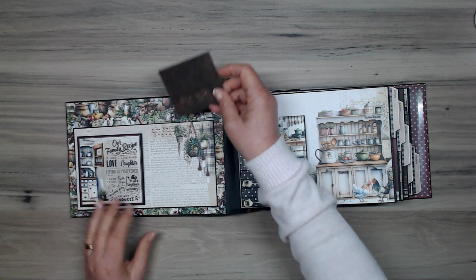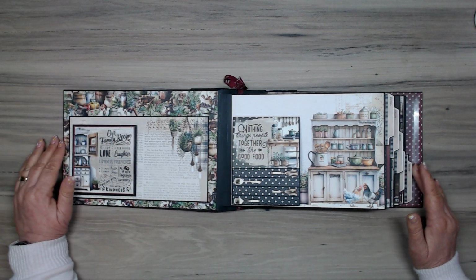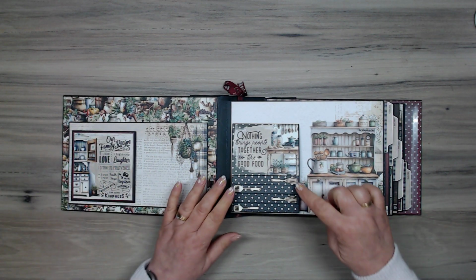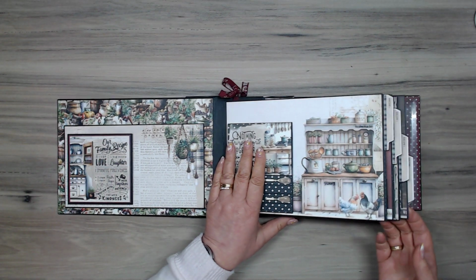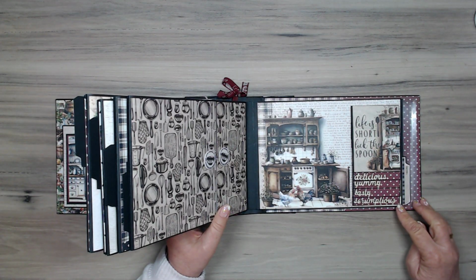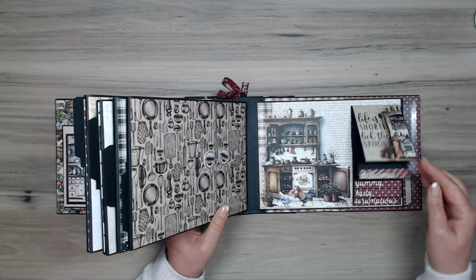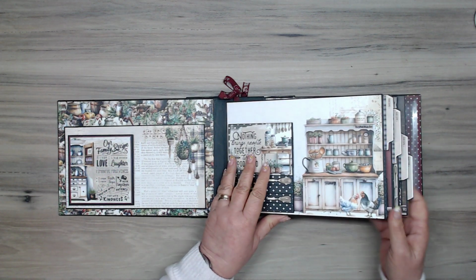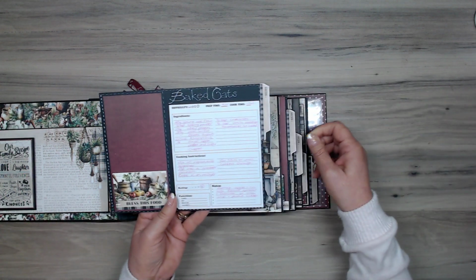Got space to pop things in a pocket, and also to pop things there. If you're anything like me, you've always got bits and pieces of recipes written around or lying around. On page 1 and page 9 we have the same sort of design, very simple, with a landscape and a portrait waterfall. Each page, and I'm actually going to pull them out so you can see,